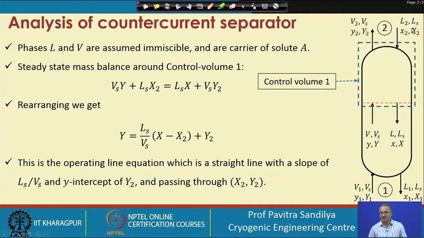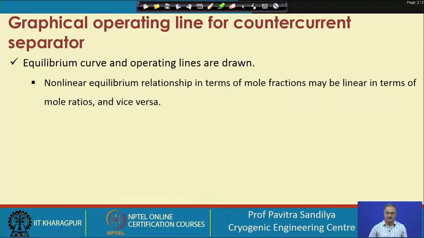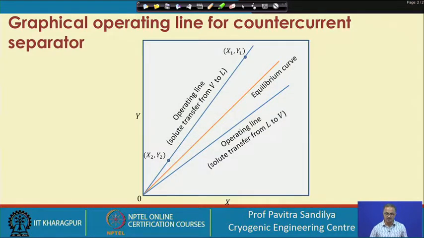So, what is happening? This x1 is going to be more than x2. On the other hand, if it goes the other way, then the V phase will get enriched, whereas the L phase will get depleted. So, that is why the locations of x1, y1 and x2, y2 also vary on the curve. Here we find x1, y1 is more than x2, y2, whereas in case of L to V, x2, y2 will be here and x1, y1 will be on this side.